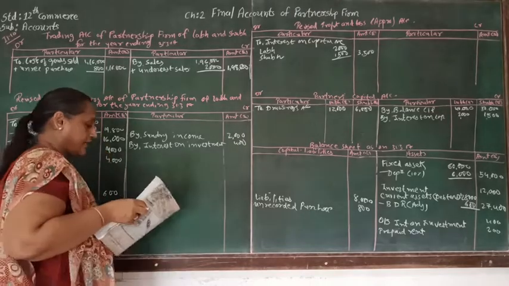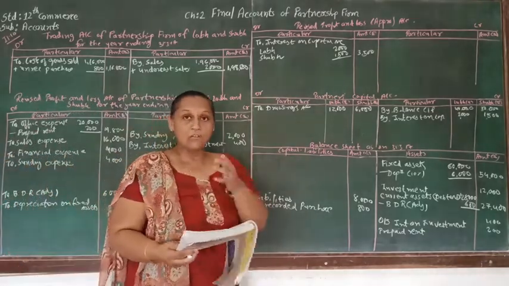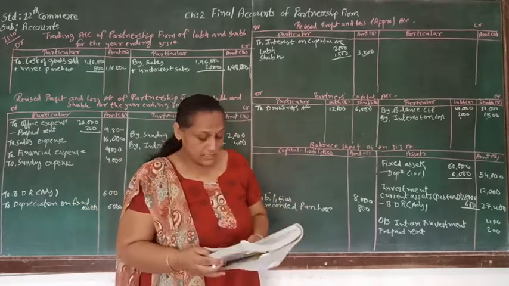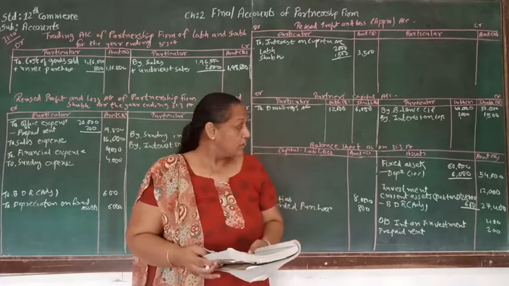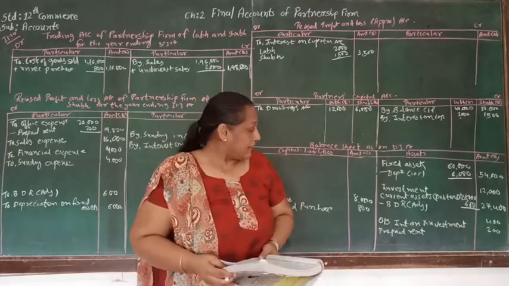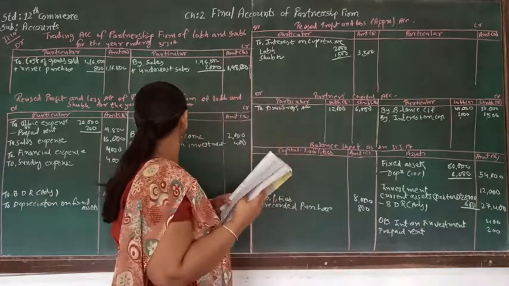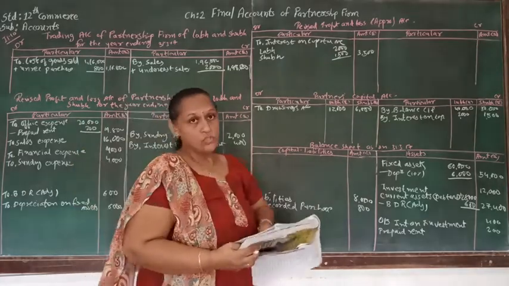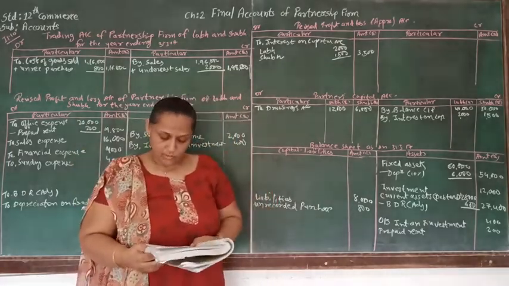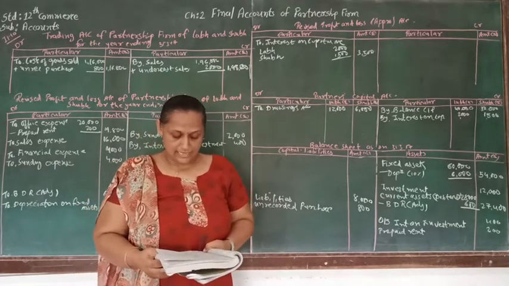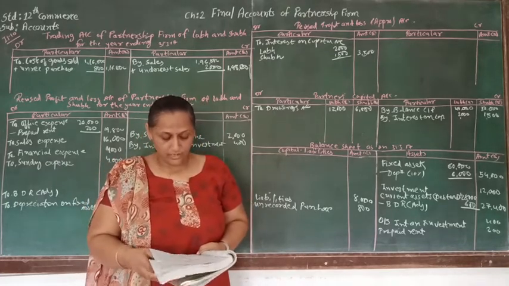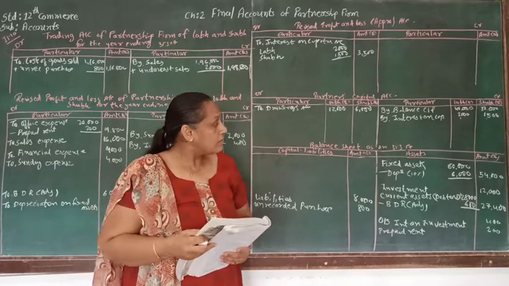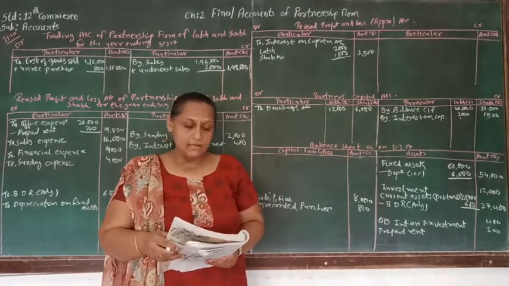So here we are finished with all the accounts of the balance sheet. Now let's see the adjustments again. 5% interest on capital, that we already calculated. Depreciation on fixed asset, that is also done. Prepaid rent, that is 200. We have already made the entry for the prepaid rent, here deducted and here shown as an asset. Then interest on investment also we have made. BDR also, and under cash sales, purchase not recorded. So here we are finished with all the adjustments as well as with the profit and loss account and balance sheet.